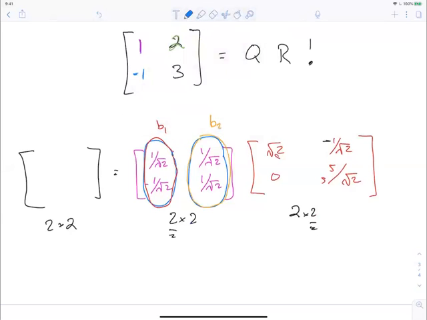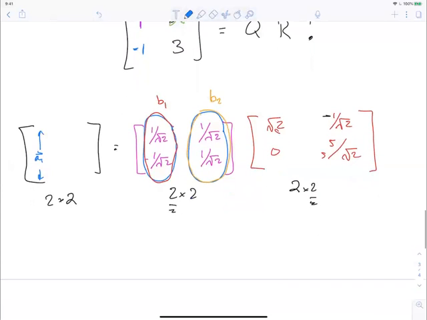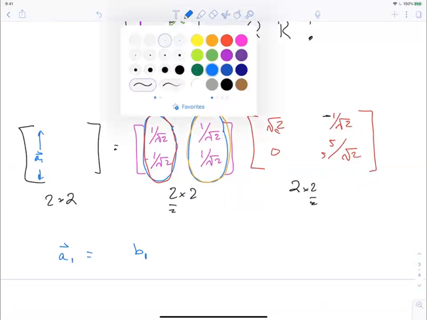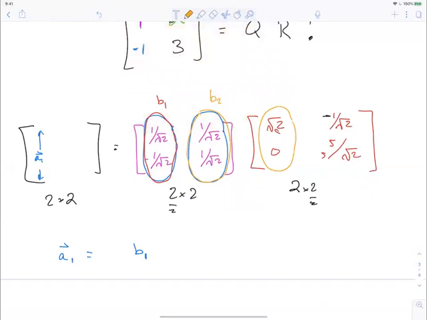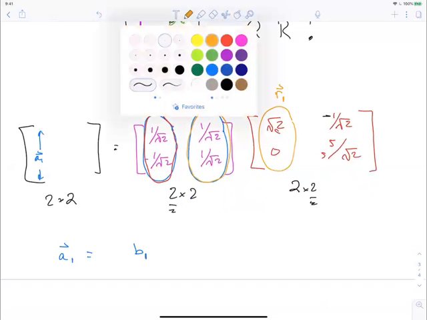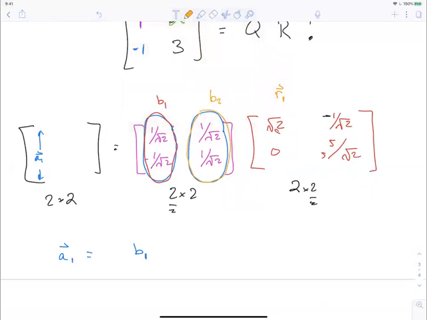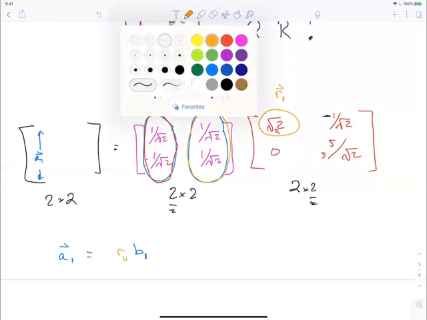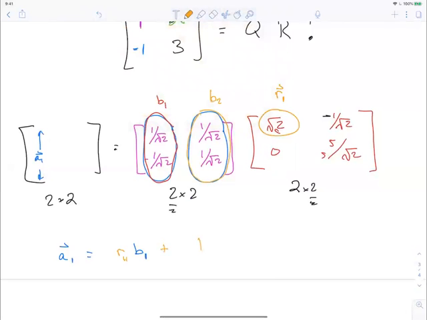Then it turns out you can write the first column of A. You can write this one as B1 times just this one, plus you can write B2 times this one. So this is another way of thinking about